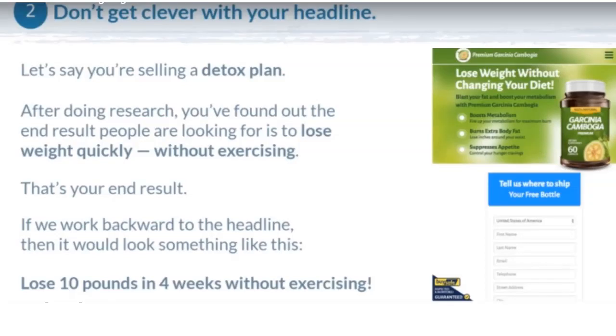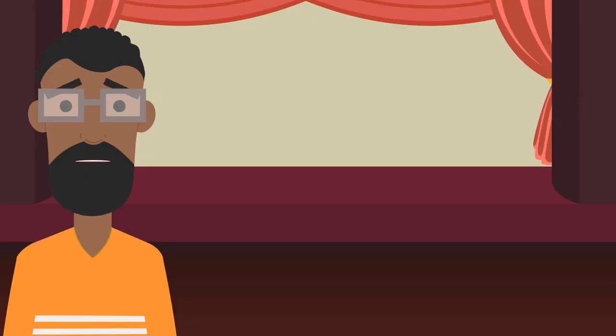Here's an example. Let's say that you're selling a detox plan, and after doing your research you found out that the end result people are looking for is not just to be healthy, but to lose weight really quickly, without exercising. So that's your end result. If we work our way backwards to the headline, it would look something like this: lose 10 pounds in 4 weeks without exercising. You also want to make sure that your headline is accurate, simple, and right to the point,